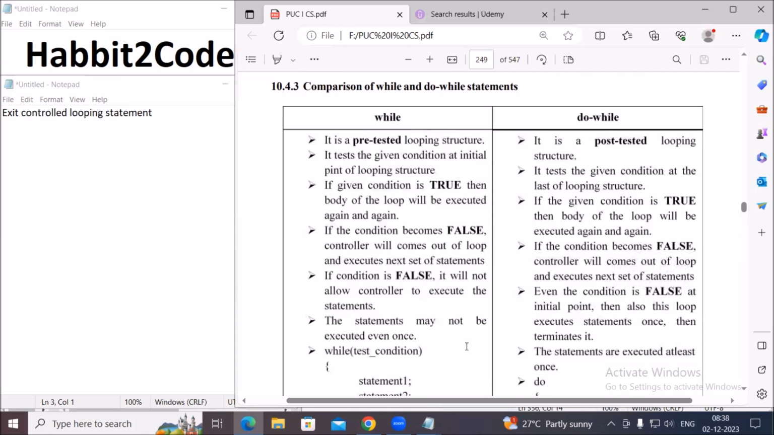Yes. So now here there are some comparisons given between while and do while. First point is while is a pre-tested loop because it will check the condition in the beginning. Then if the condition is evaluated to true, then the body of the loop will be executed. Whereas the do while loop is a post-tested looping statement, where the body of the loop will be executed the first time. At the end, it will check for the condition. If it is evaluated to true again, then it will go back to the work. Otherwise,